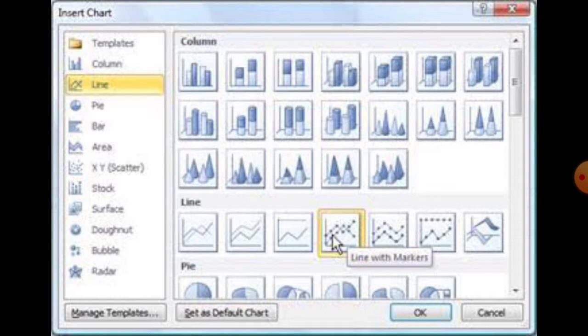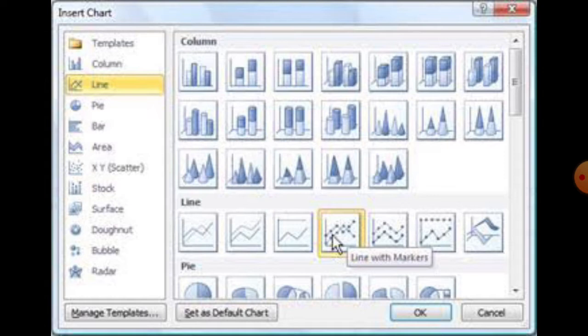XY scatter, when a large set of data is to be compared without reference to time. Stock, when scientific data or market statistics are to be plotted. Surface, when a combination between two sets of data is to be found, or when both data and column row headings are numeric.